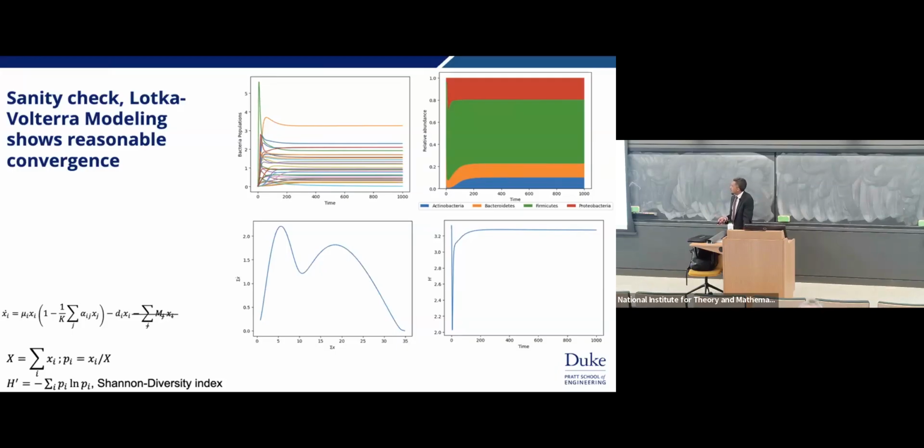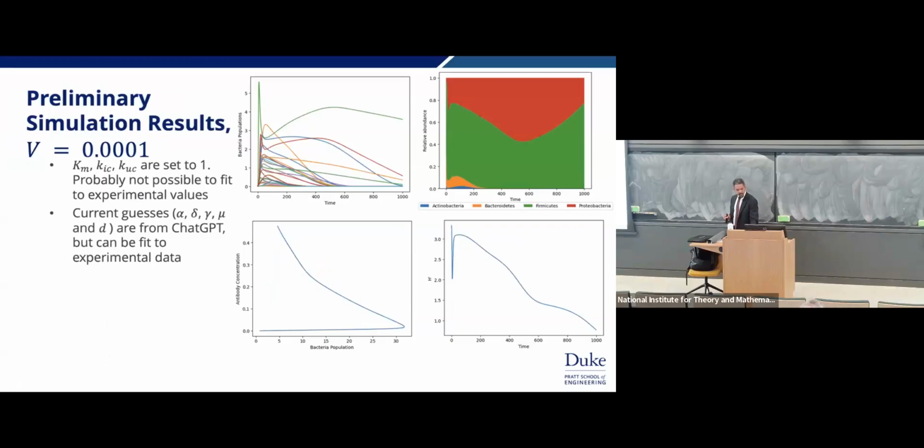And one of the things I found is that on a sanity check, I do get a stable population, which is good. Just straight Lotka-Volterra gives me a stable population. I have a nice stable fixed point when you plot a phase plot of the change in the sum of the population versus the sum of the population. So I can work with that, and I'm like, okay, at least it works. On the other hand, when I add in this immune control, things get a little hairy.